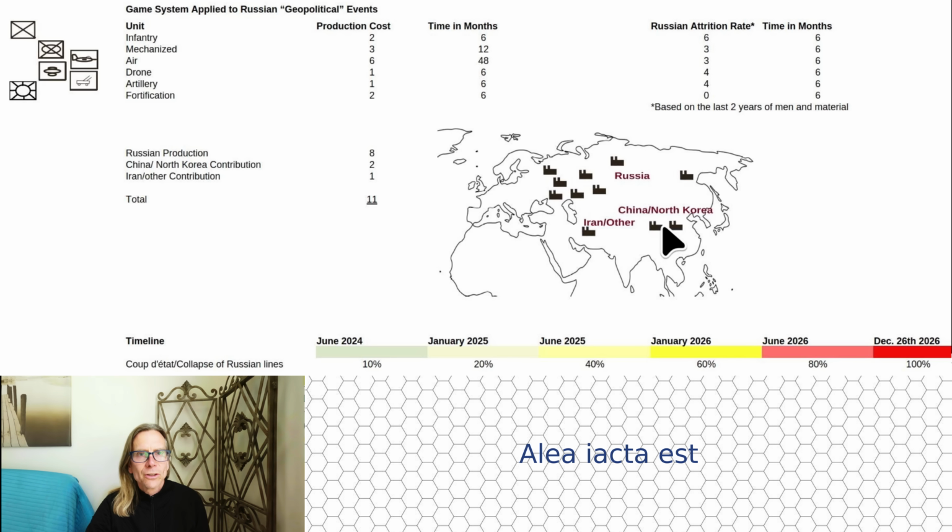Those aren't direct production hexes, but they, on a marginal basis, remember marginal, it finishes the product. They contribute about 2. And I put Iran in other, and other you can include maybe over here a little bit of India or Turkey's contribution as 1. So that means in a 6-month time horizon, they'll have 11 production hexes contributing to what they can produce for the front lines.